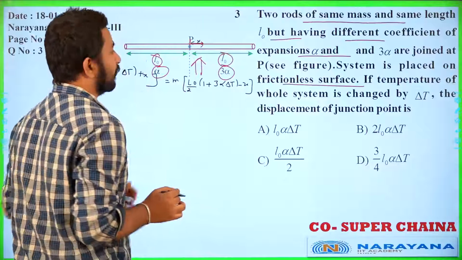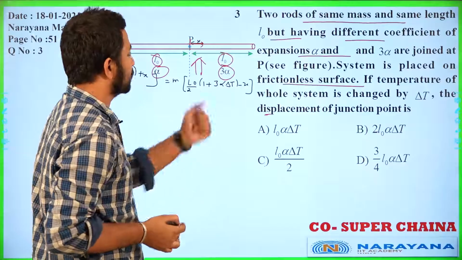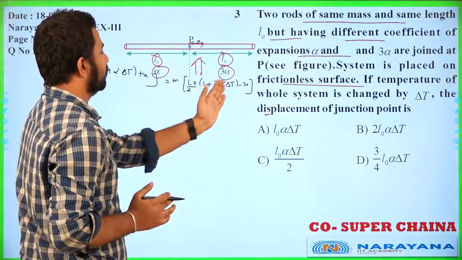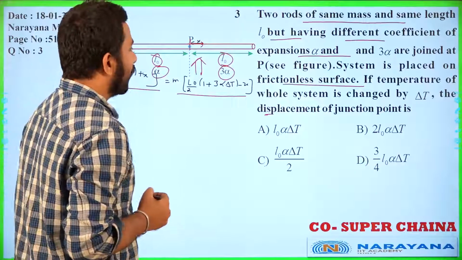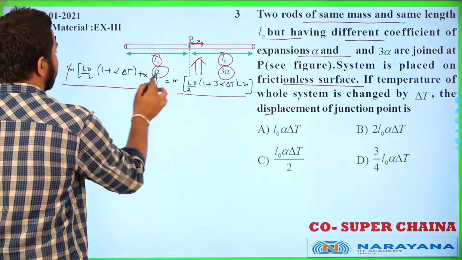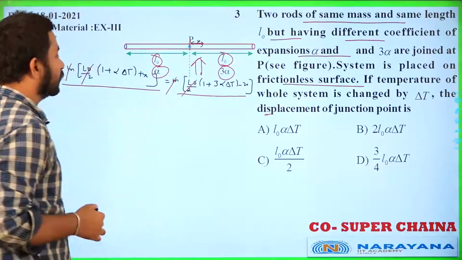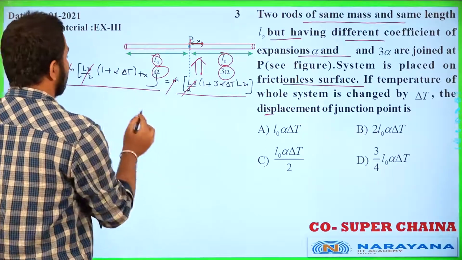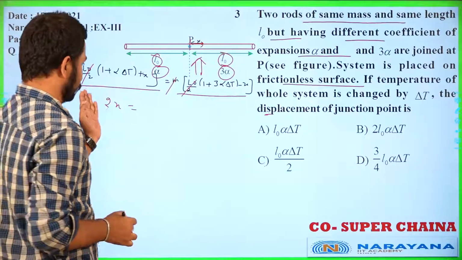If this displacement is x, I know that the net external force on this will be 0, so net displacement can be equated with 0, and whatever displacement on this side can be equated with the other side. So I just equated the two relationships here, right? My dear student, from here we have to get the value of x. So let's simplify this. M can be cancelled both sides, L naught by t can be cancelled both sides. We have to calculate for x here. If you simplify this, this x will come this side, so it will be 2x.